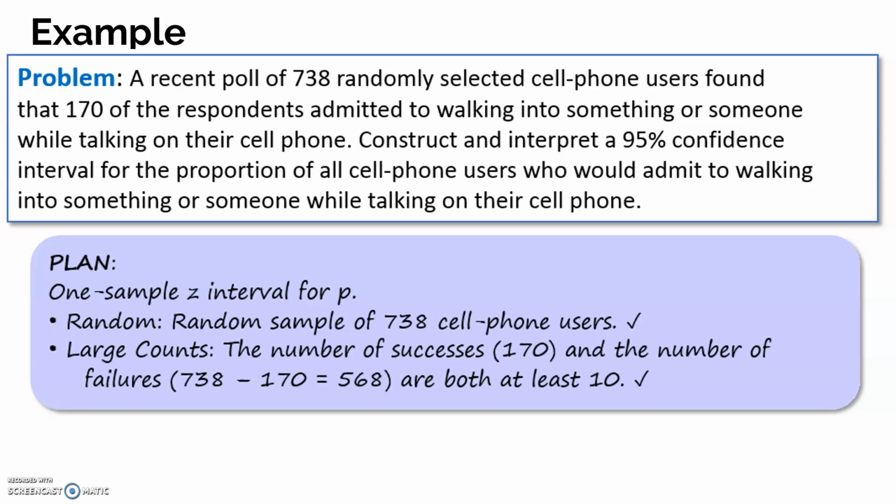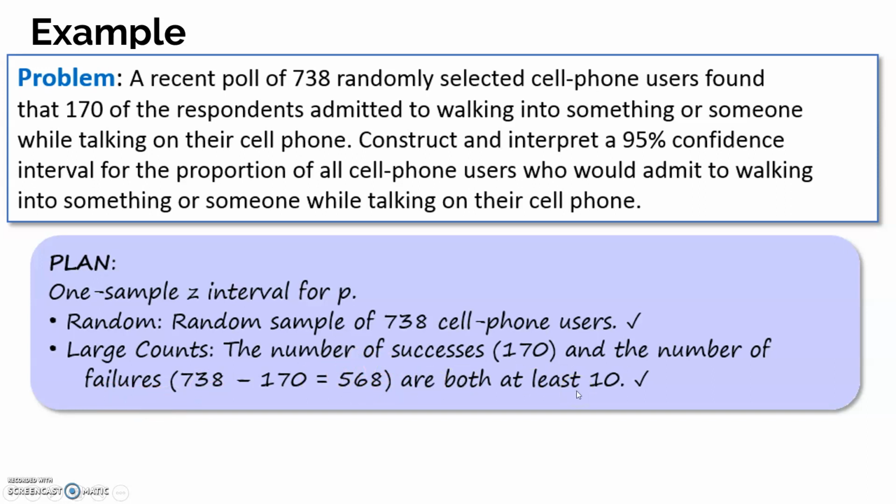So now we plan. So we're going to use what's called the one sample z interval for p. And we see that the word randomly is written, so we know that we have a random sample of 738 cell phone users. So you have to write that out in a complete sentence. Our large counts condition, the number of successes, 170, and the number of quote-unquote failures, which is 568, are both